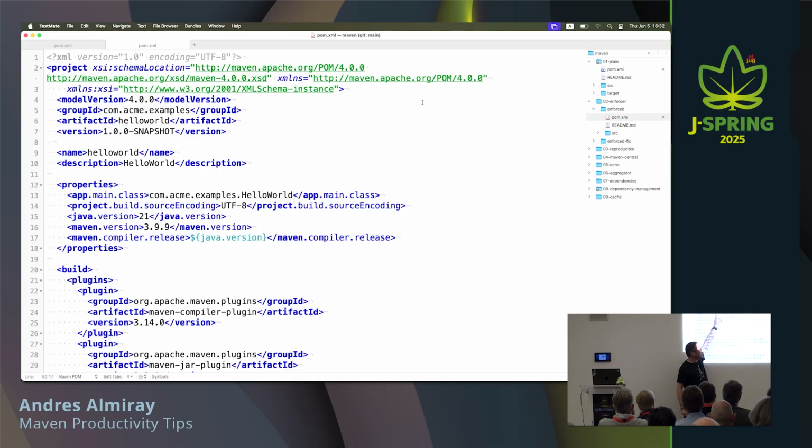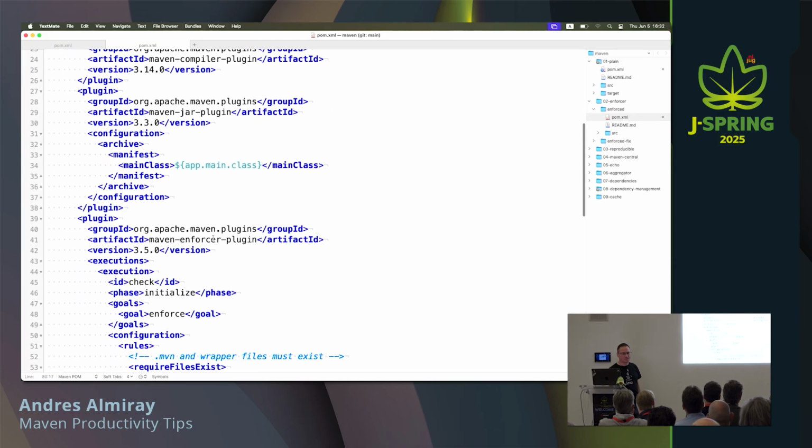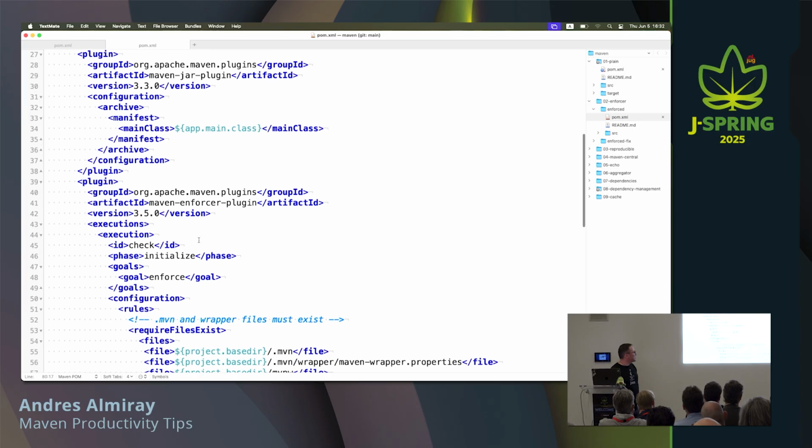But I'm reusing this for a reason, okay? I'm also setting which version of Maven I want to use. But this is, again, just as a property. No one is actually enforcing that this value is going to be used. Next, I'm going to configure the enforcer plugin with explicit execution.